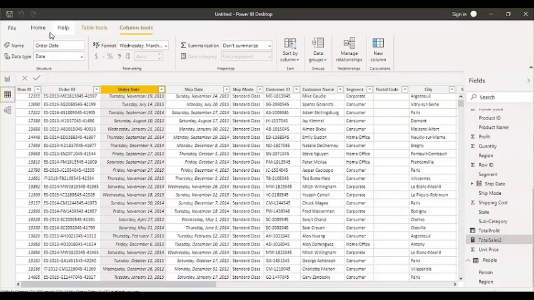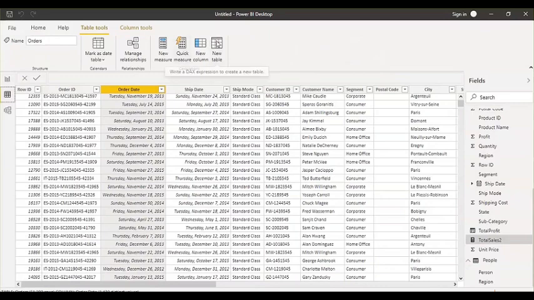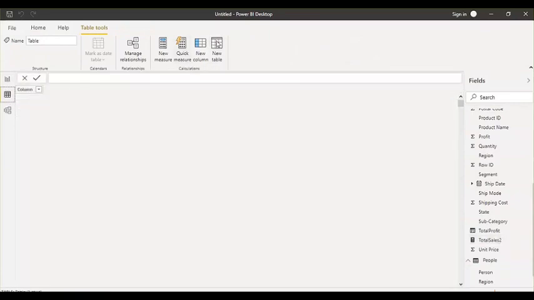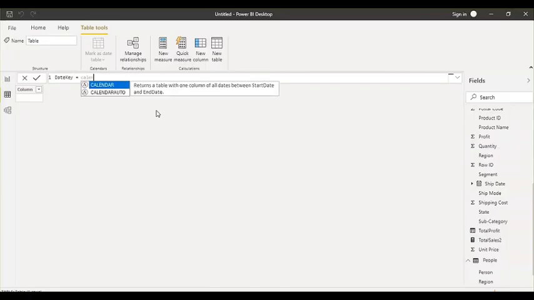Here I'm going to create a new table. Just go here and click on this new table. And this is, for example, my date key table. Table name is date key. And here I'm going to create a table using the calendar function. I'm going to define two dates here. Let's say 01-01-2010 is the start date, and the end date I want here, let's say 31st December 2012. 10, 11, 12, 3 years of data.